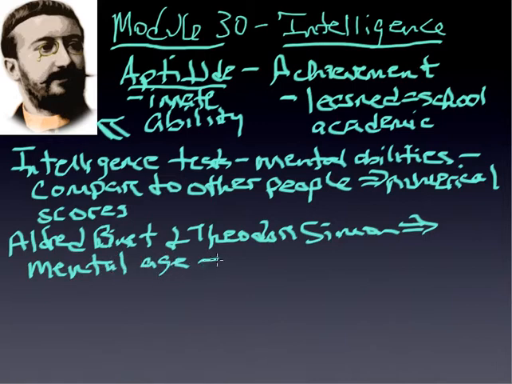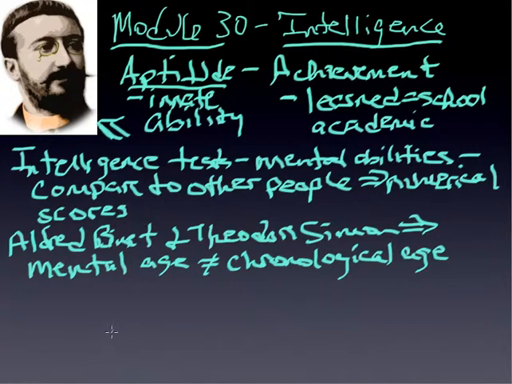And that may not necessarily translate into what we call your chronological age. So you may be 12 years of age, but your mental age is something entirely different. You could be functioning at a mental age of 15, 16, 17, depending on what actually happens in a test like we have in Stanford-Binet. So essentially, when we talk about these tests,